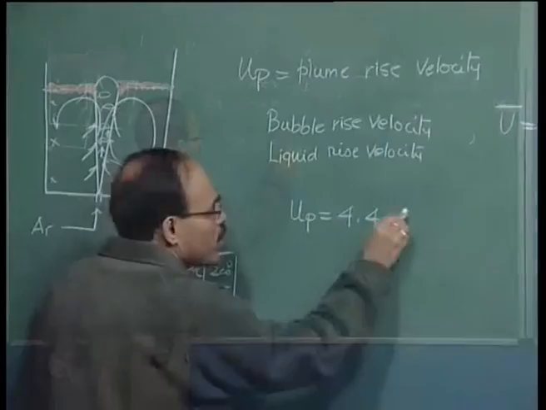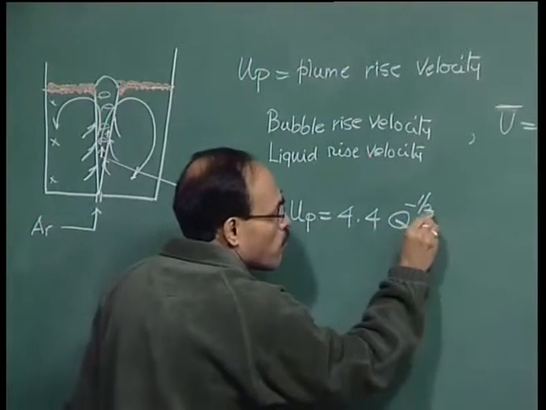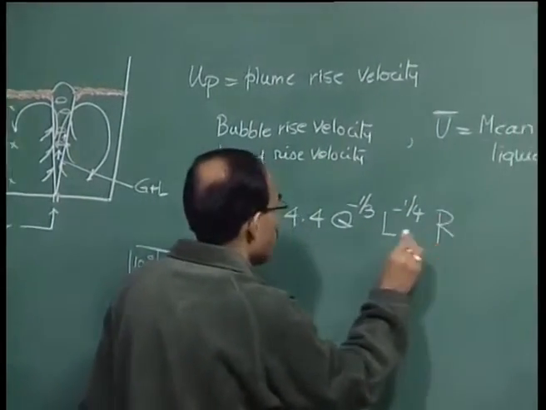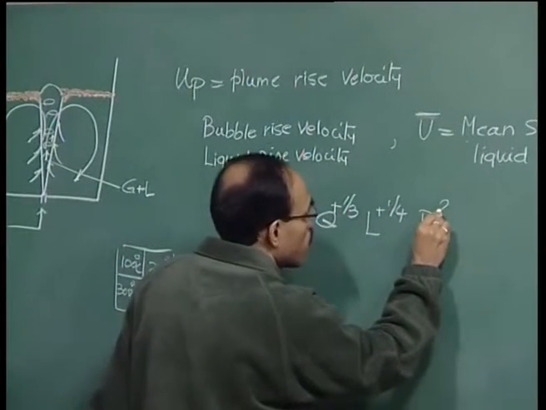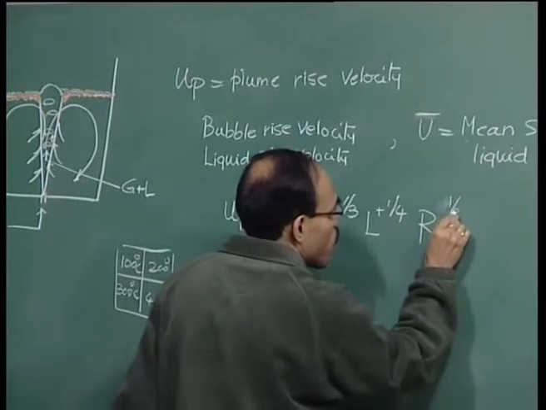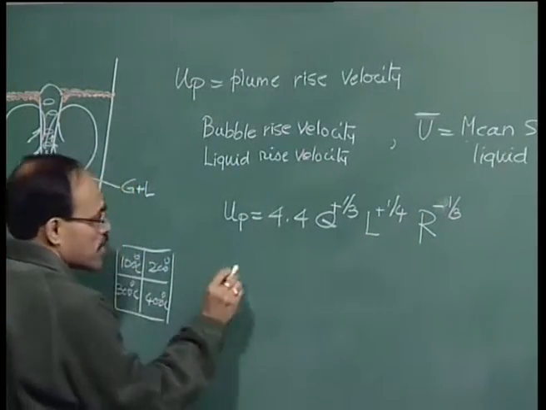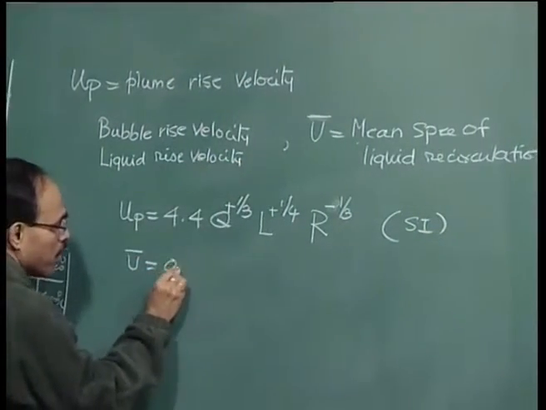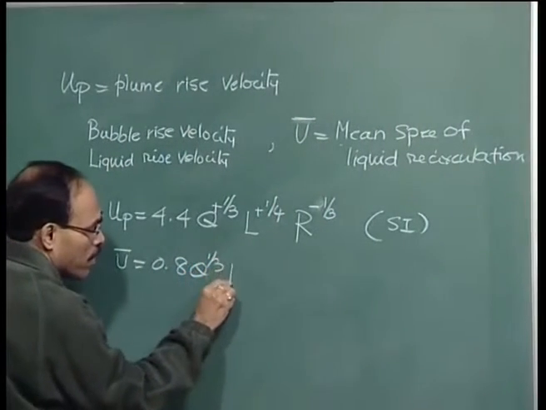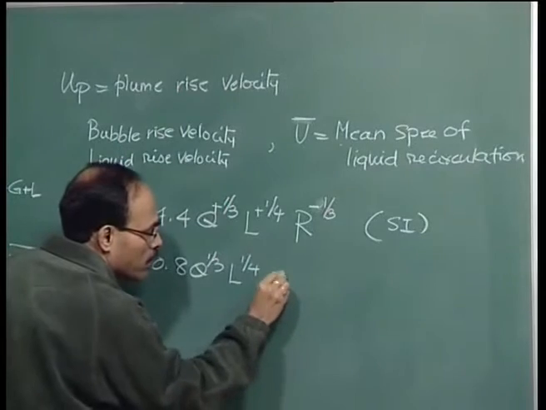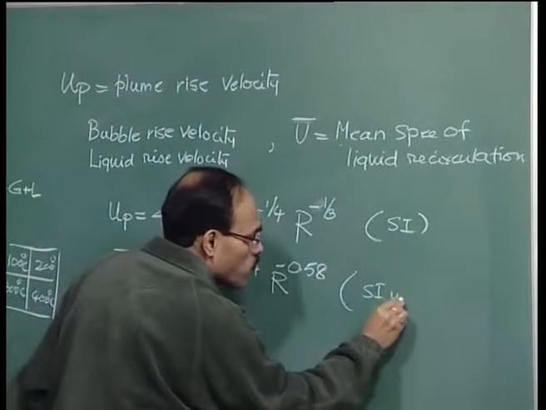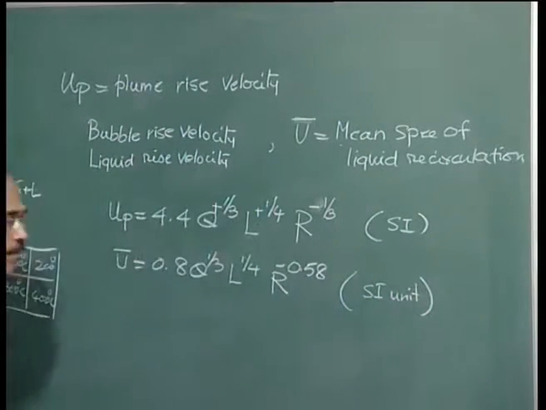For example, the plume rise velocity is given in terms of Q raised to the power 1 by 3, and similarly this is in SI unit, and mean speed of liquid recirculation, for example, is also given by Q raised to the power 1 by 3, L raised to the power 1 by 4, and R raised to the power minus 0.8. Let us concentrate on UP. So this is a constant